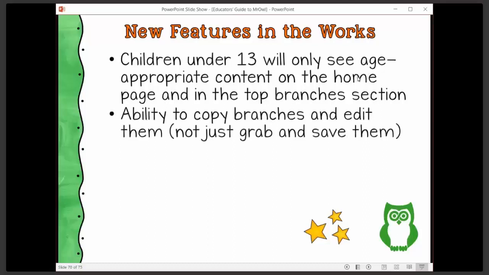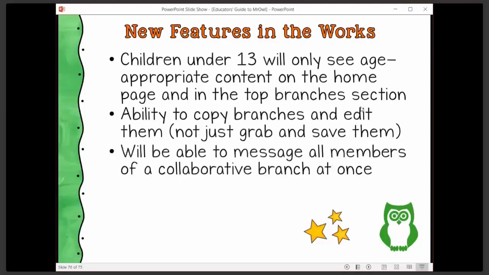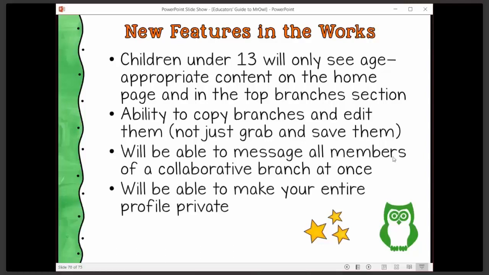As I mentioned earlier, there's the ability to copy a branch and edit it, not just grab and save it. This would only be if the branch creator set it up to give permission to copy the branch. And they'll be able to message all members of a collaborative branch at once. And as I said, they're working on a feature that would let you make your entire profile private. I mean, most adults probably wouldn't do that, but that's something you may want to consider for your